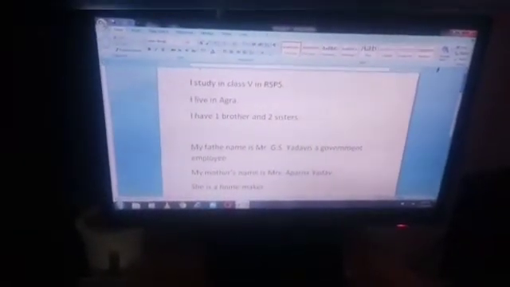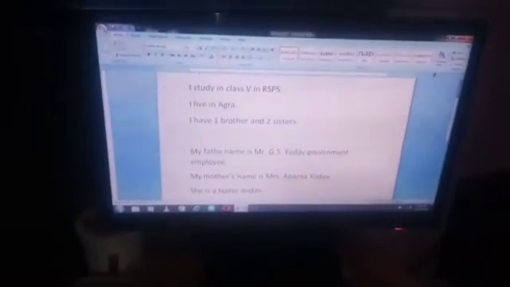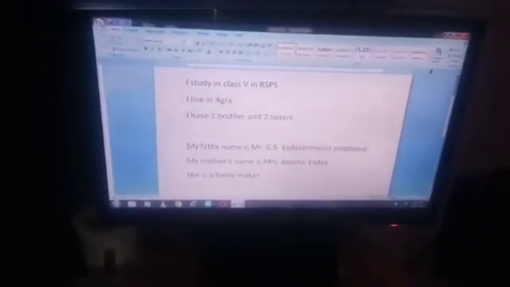Next is delete key. This is the delete key. It is used to rub the letter one by one like this. I press delete key and the action is erase the letter one by one. It is used to erase any character or shift character to the right of the cursor.